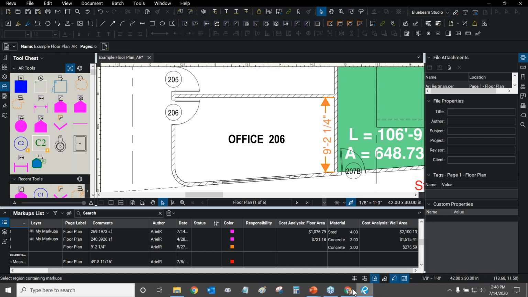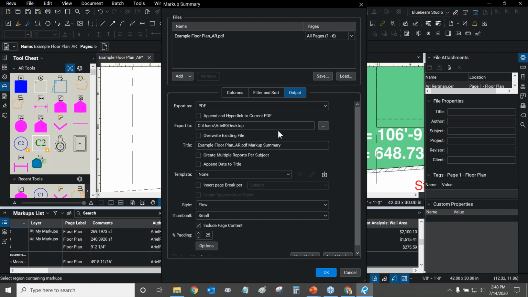Now, I know that we are running a little short on time, and I want to make sure we're ready for questions. I'm going to show you guys the last thing, and that is to make summary reports, and then we are done. So to make a summary report, we can click on the summary button right here. It looks like a little clipboard. We can make Excel ones. So we can make a simple CSV one, a fancy XML one. Let's make a PDF one, because I want to show you guys the hyperlinked summary reports.